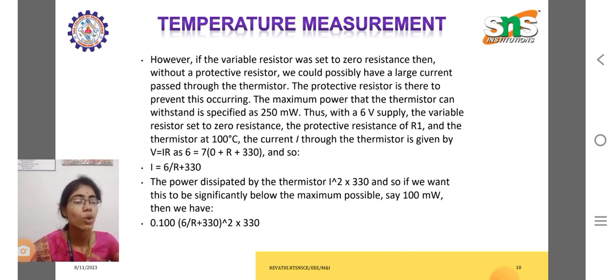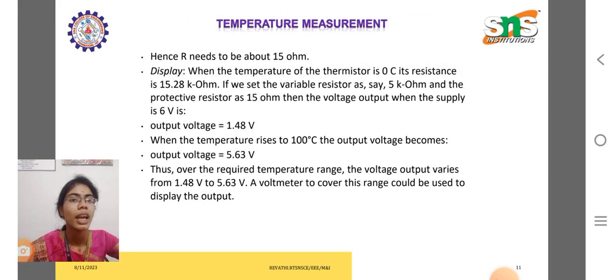Thus, with a 6 volt supply, the variable resistor set to zero resistance, the protective resistance R1 and the thermistor at 100 degrees Celsius, the current through the thermistor is given by V = IR, so 6 = I(0 + R + 330), and so the power dissipated by the thermistor is I squared times 330. If we want this to be significantly below the maximum possible,